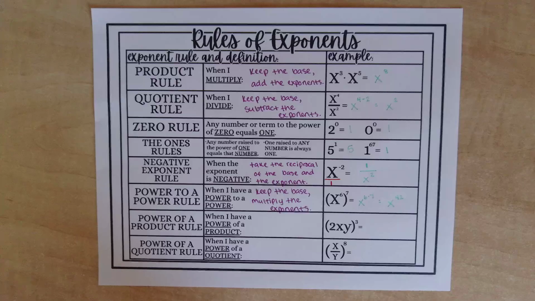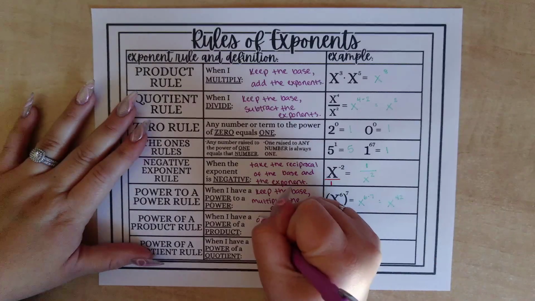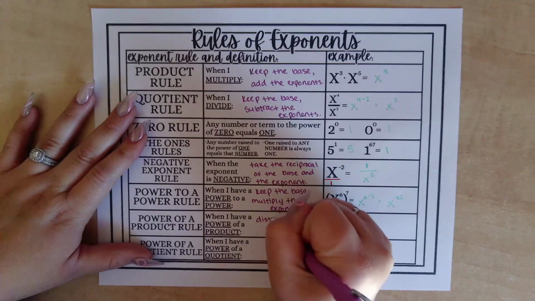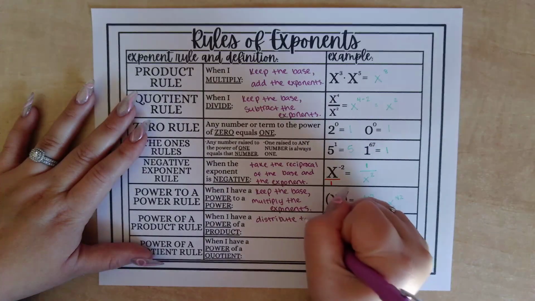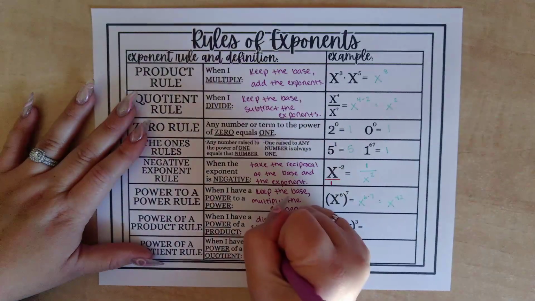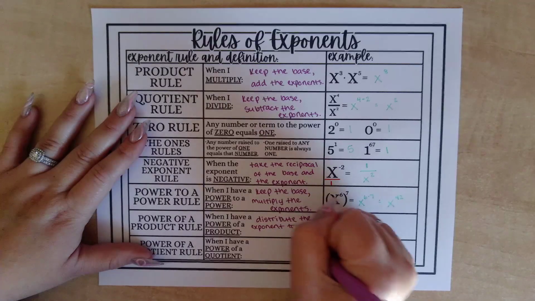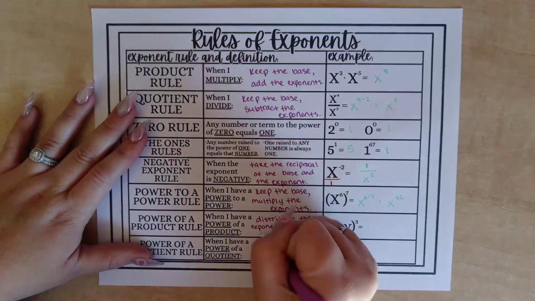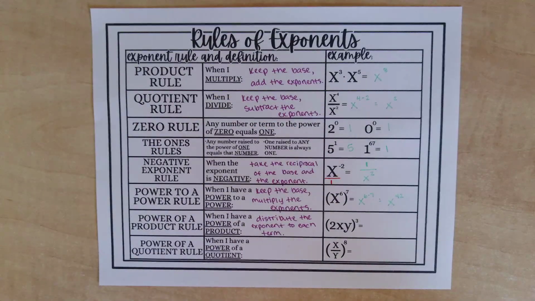When I have a power of a product, we are going to distribute the exponent to each term. Now, I didn't go super in depth in the other video on this because I knew that